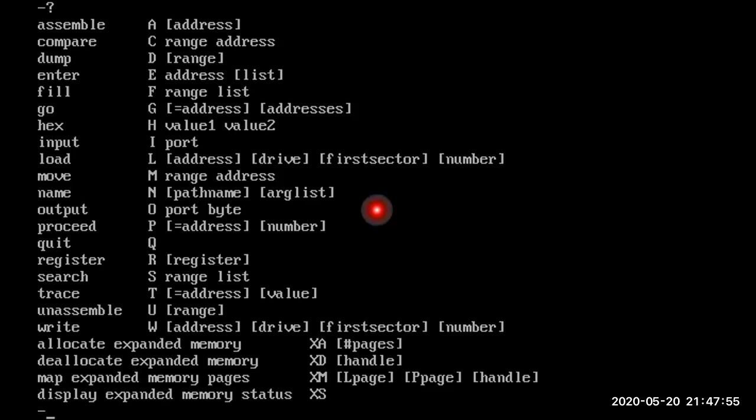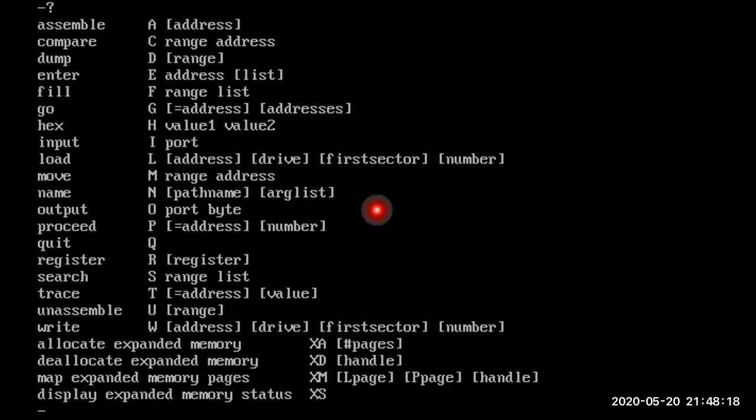Next, if you want to see all the opcode values, each and every instruction is converted into some machine code, which we call an opcode. If you press U for unassemble, you'll see all the opcodes. Mostly we use the T command, G command, and E command.